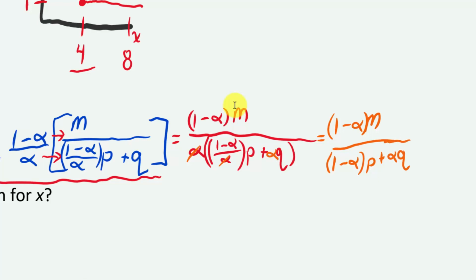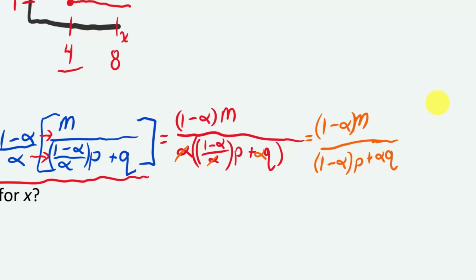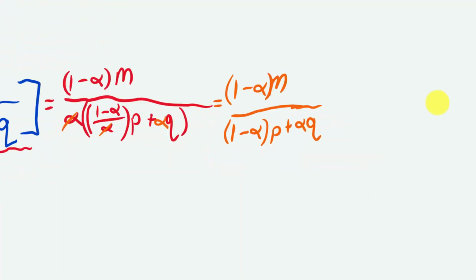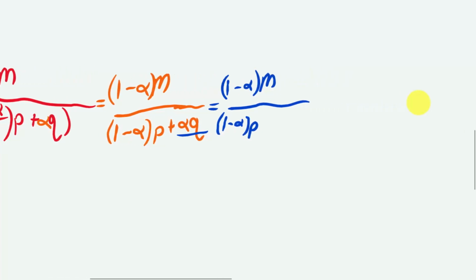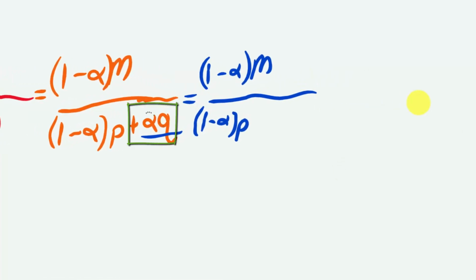Now, it'd be nice if we could just cancel that 1 minus alpha everywhere, but we can't. What we can do is simplify this a little bit. To the term on the right, let's include a term that includes 1 minus alpha. The trick to do that is, 1 is always your friend. We have 1 minus alpha on the top times m, and a 1 minus alpha times p on the bottom. What we'd like is a 1 minus alpha over here as well. So just multiply that times 1, a special kind of 1, so plus 1 minus alpha divided by 1 minus alpha